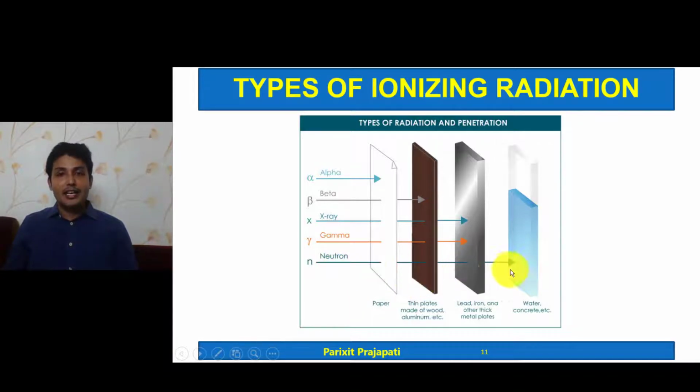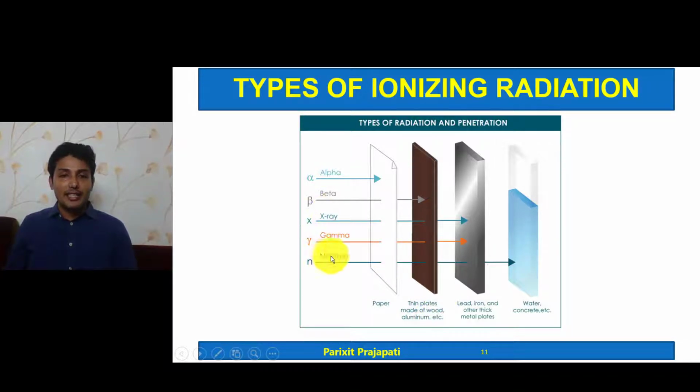So here in this diagram we can see the penetration ability of different types of radiation. For example, alpha cannot penetrate even paper, so it has less penetration. It can penetrate only a very thin amount, not more than that. Beta has a slightly higher penetration ability. It can penetrate through thin plates. It can be stopped with the help of thin plates made of wood, aluminum,